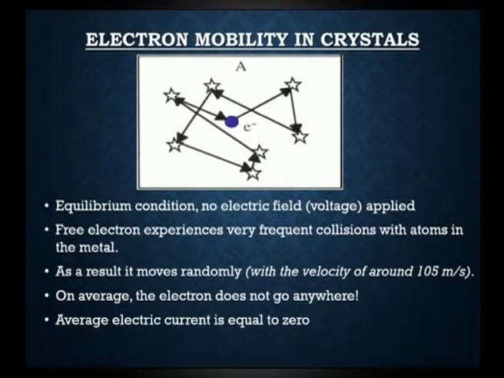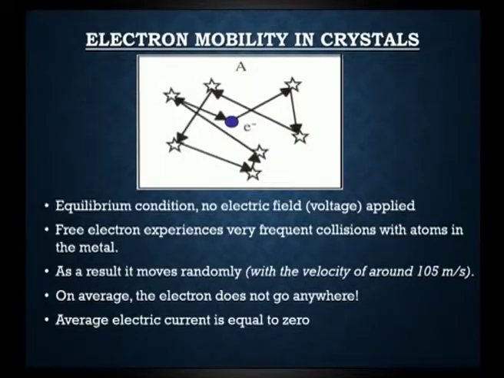Since we are not applying any electric field, the free electrons move due to collisions between them. The electrons acquire kinetic energy from the vibration of the lattice, and they collide randomly with adjacent atoms. This continues, so the electron moves randomly, with a velocity inside the crystal of about 10^5 meters per second, and on average the electron does not go anywhere,